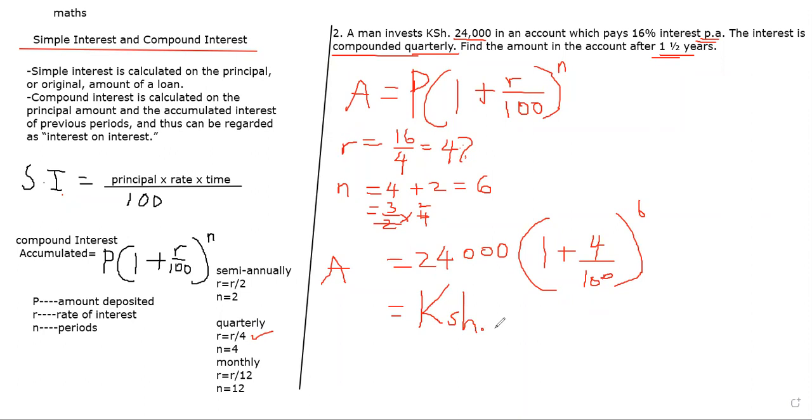So what you do there is very simple. Add 1 plus, you start with the bracket, 4 divided by 100. You get something there. You raise it to power 6. Once you raise it to power 6, you come back and multiply it with 240,000. Your work is just to write the final answer. So you'll realize that the man had